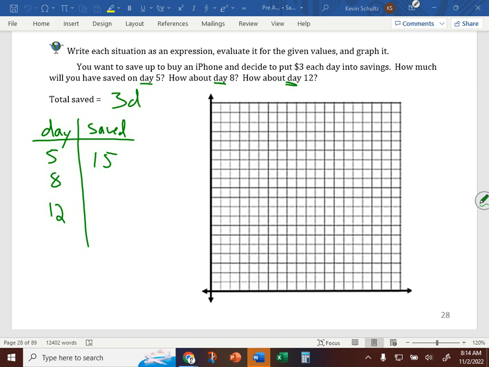3 times the number of the day. Day 8, we've saved 24, right? 8 times 3. Okay, and then day 12, anybody? 36, right? 3 times 12. Okay, so using the expression 3d, we're taking 3 times the number of the day to get the total amount saved. Okay, and so when we go to graph this now, I've left this coordinate plane blank,